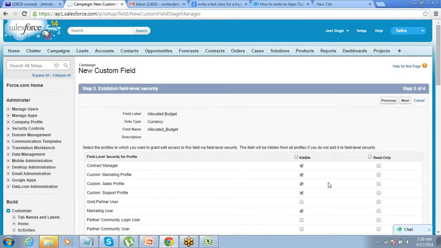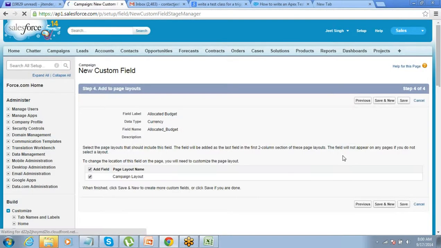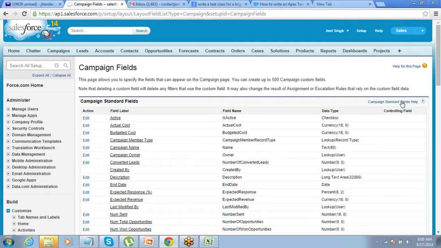On step number 3, click on visible and then click on next. What this step does, we will talk about a little later. On step 4, save it as it is. Done. So you have created one more field called allocated budget for the campaigns.